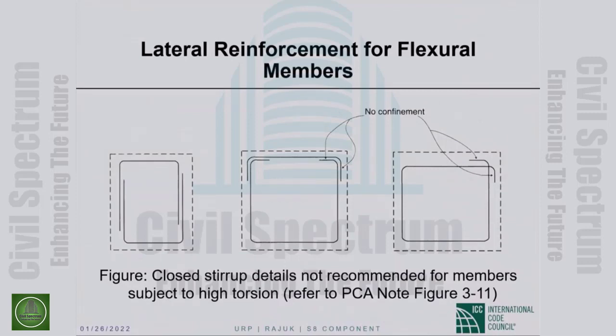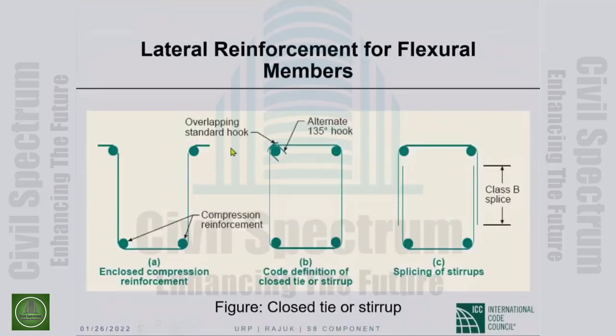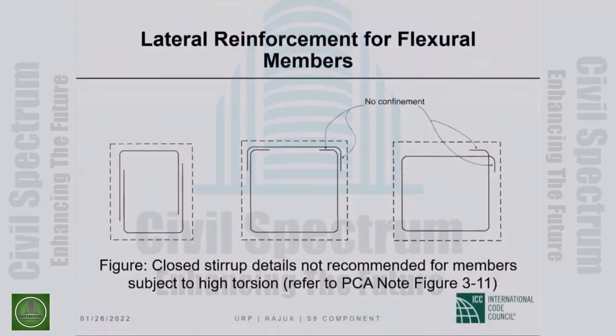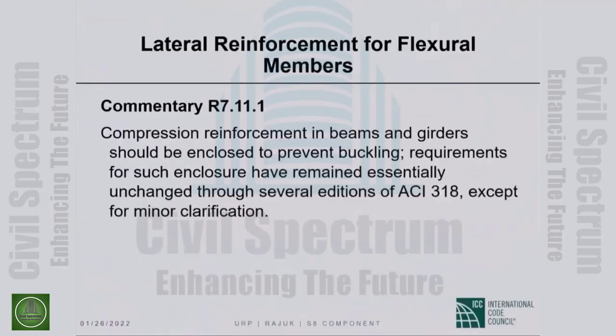I will skip. I think the bottom line is we have discussed thoroughly closed transverse reinforcement for torsion, and we will thoroughly discuss closed transverse reinforcement for high seismic construction. And then if it is not seismic, then something like this would be fine. That is pretty much the bottom line. Okay, you have confined the compression reinforcement, but it is not a closed piece of reinforcement. So with that, I feel comfortable going to the next topic, which is